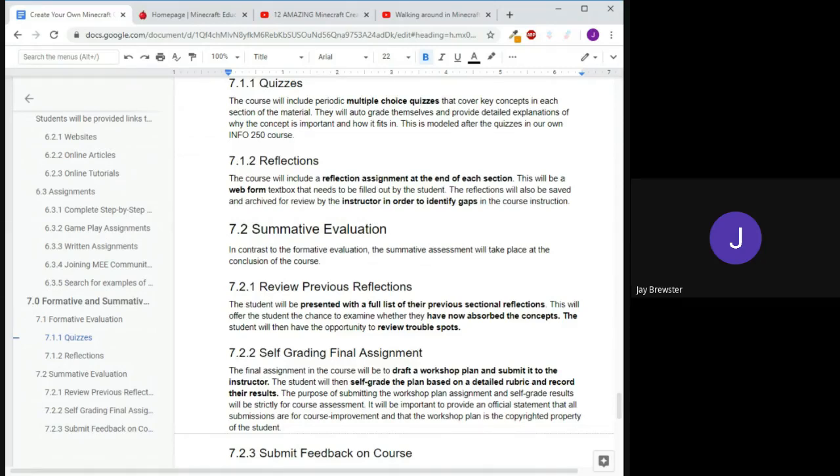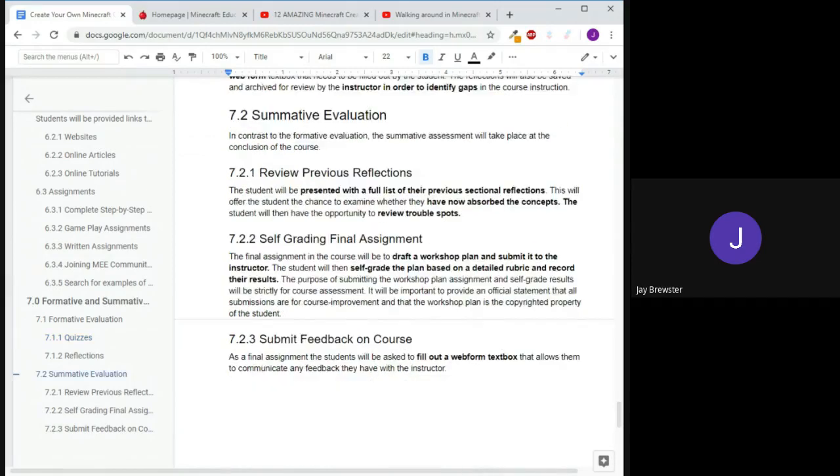So the evaluation that happens at the end is, what I envision is, the reflections people have written throughout the entire thing, because they've been submitting them to a web form, are brought back and represented to the student at the very end so they can see an itemized list of all the things they said throughout the course, and they can ask themselves, do I know this now?